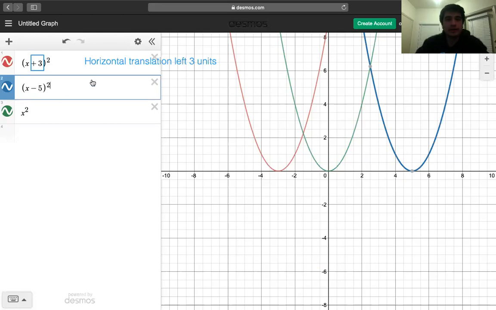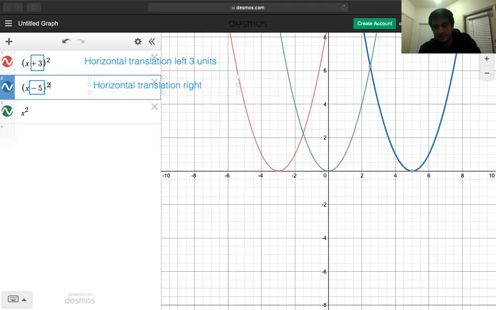So again, we look inside the parentheses. Because it's inside the parentheses, that tells me I'm going to have a horizontal translation. If it's inside the parentheses, that's a horizontal, okay? So this one tells me that I'm going to have a horizontal translation